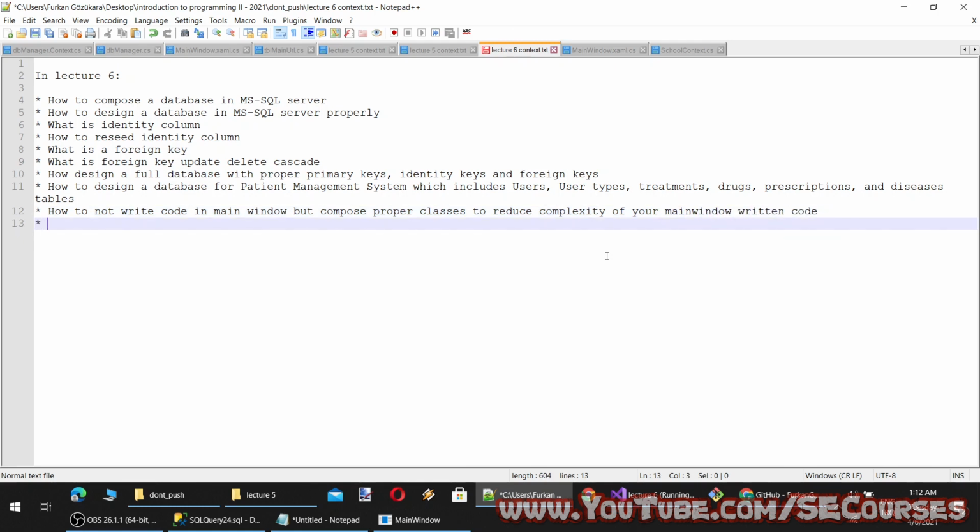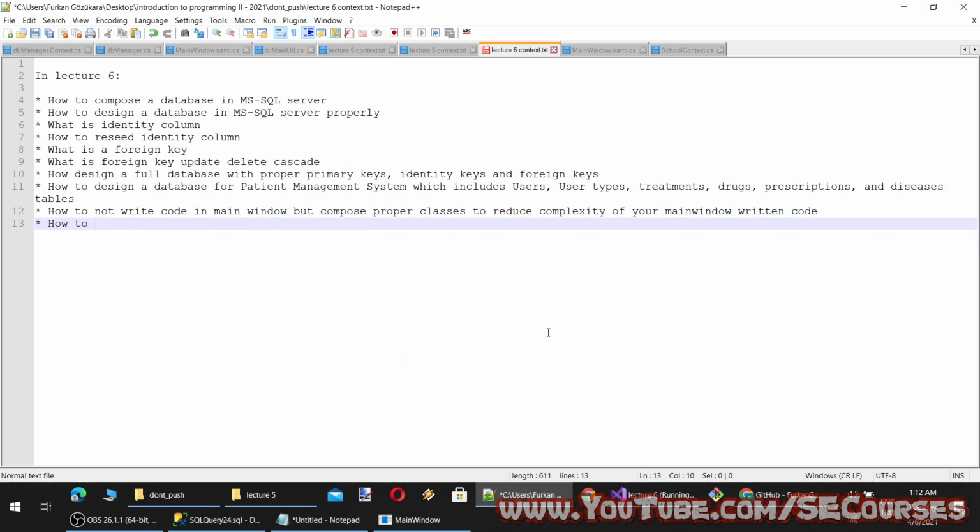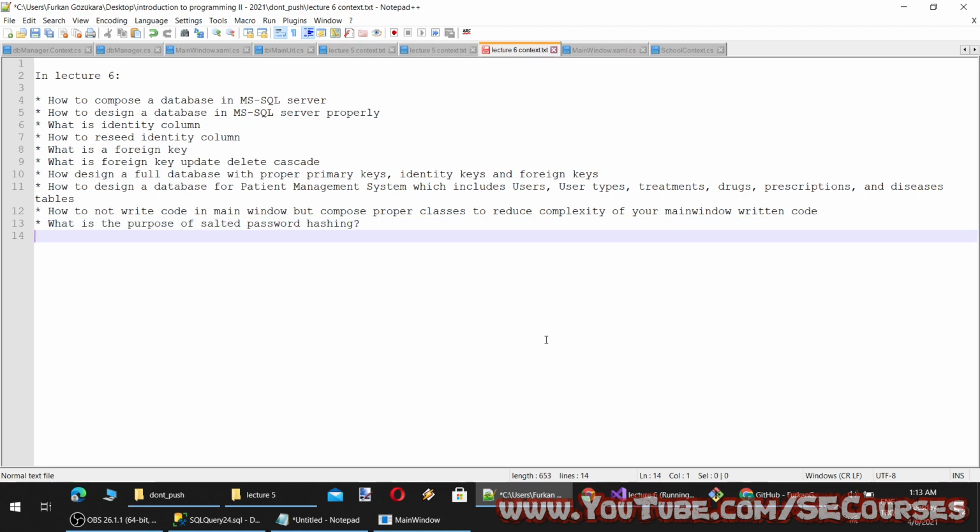Okay, so this was a regular insert. How to do salted SHA-256 password hashing.